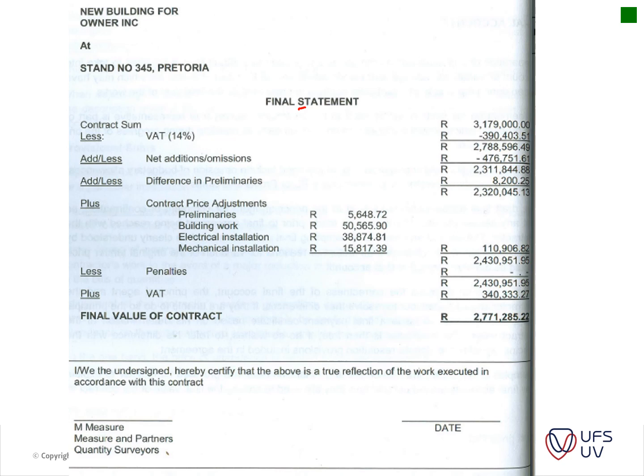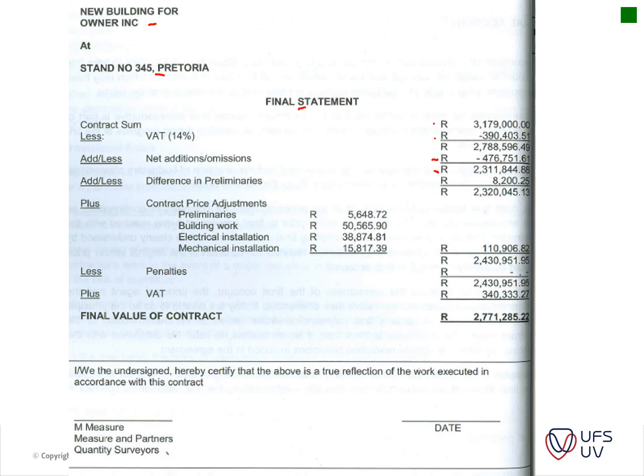So you can see this was the project, new building for owner incorporated at stand so and so in Pretoria. So the contractor was appointed for this amount. The VAT is always subtracted first and then added later on. Then you've got your additions and omissions. So net additions and omissions. So it seems like there was some omissions and savings on the project. So the final contract value was